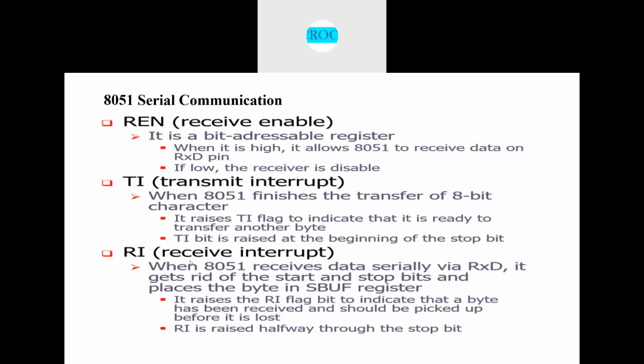And the RI flag is nothing but the receive interrupt flag. When the data is received on the RxD pin, the 8051 will remove the start and stop bits, and the actual 8-bit character, the byte data, is placed into the SBUF register. At that time, it will raise the receive interrupt flag to indicate that we have received a byte of data, and this will be raised halfway through the stop bit. This is what we studied in the previous class, about the serial buffer register and also the